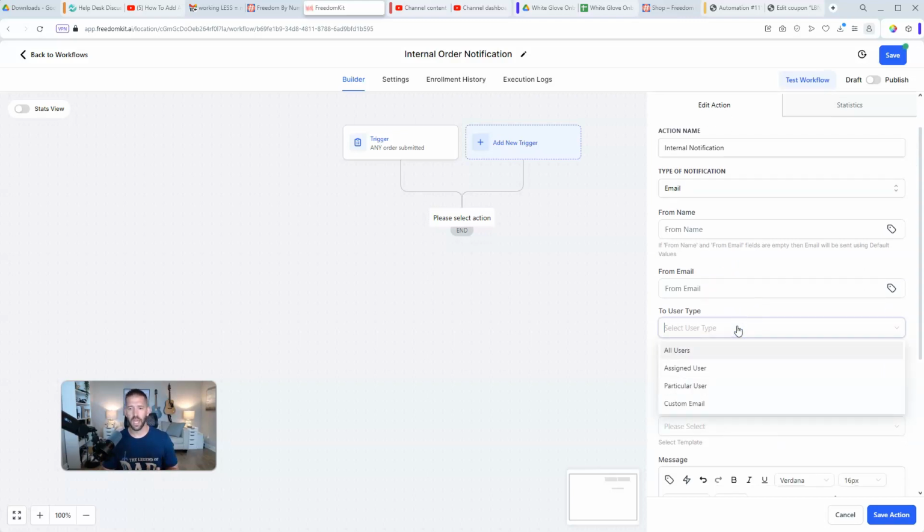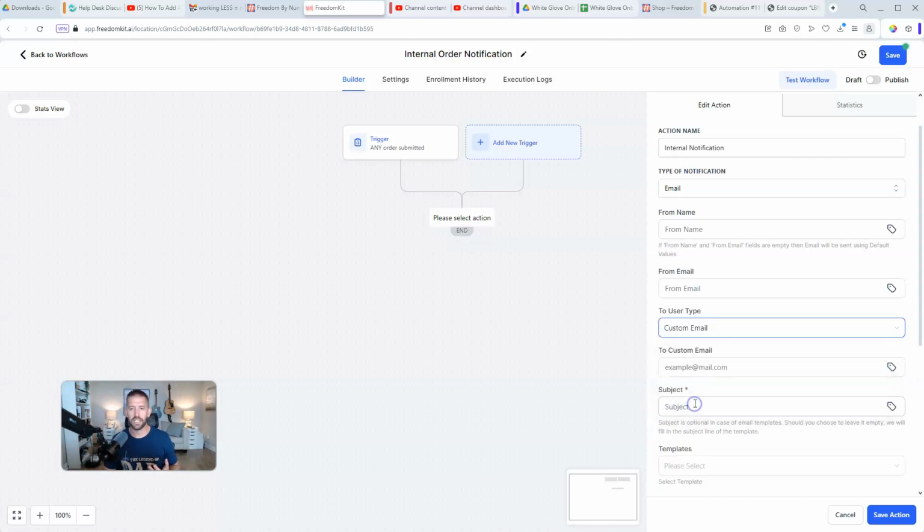Now, to user type. FreedomKit is set up where a sale or a contact could be linked to a team member. For example, if you're running a sales team and maybe Sally owns this contact and Dave owns that contact, you would be able to say to the assigned user, hey, a contact that Sally owns made a sale, so make sure Sally finds out, but not Dave. Don't want to hurt Dave's feelings, something like that. But in this case, if we're not doing assigned users, which most of you probably won't be doing, what you can do is just send a custom email, and you can send it to whatever you want. So I'll send to